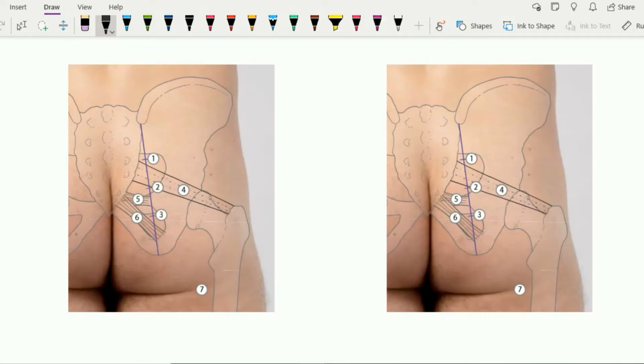Now let's see the gluteus medius and the gluteus minimus muscle. The gluteus medius and minimus are the intermediate and the deep layer muscles respectively. To see the gluteus medius, we have to remove the gluteal aponeurosis, and for that let's see the posterior gluteal line, which is situated somewhere here, the anterior gluteal line, which is situated here, and this one is